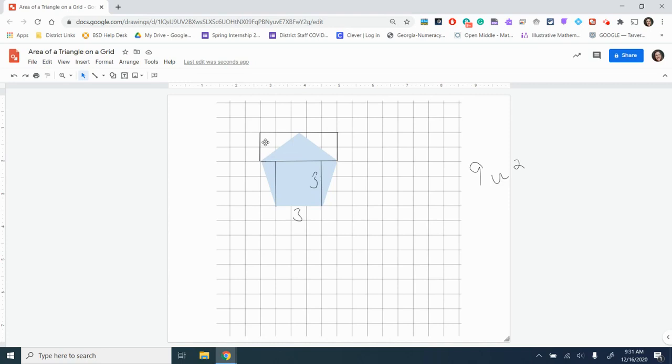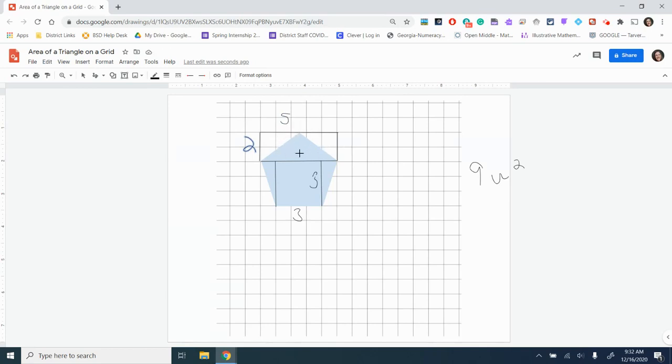And how can we find the area of the rectangle? Well, we can multiply the length times the width, or we could count the number of square units in a row and multiply that by the number of rows. So in this case, we have 1, 2, 3, 4, 5 square units in one row, and we have 2 rows, so 5 times 2 would give us the area of 10 square units for the rectangle, right? So I'm going to label this here. 5 and 2. 5 times 2 is 10 square units for the rectangle,